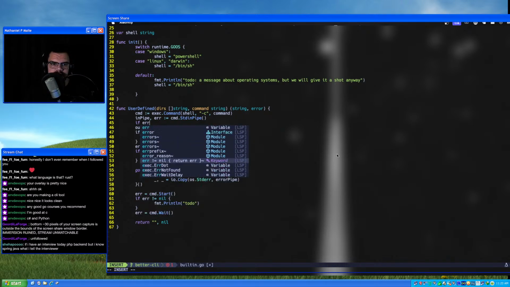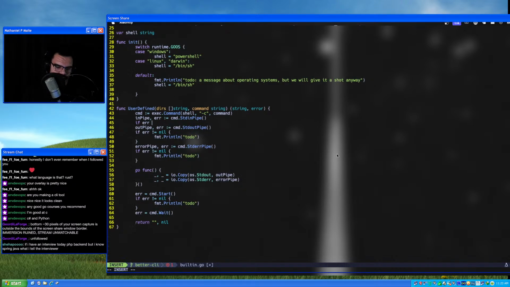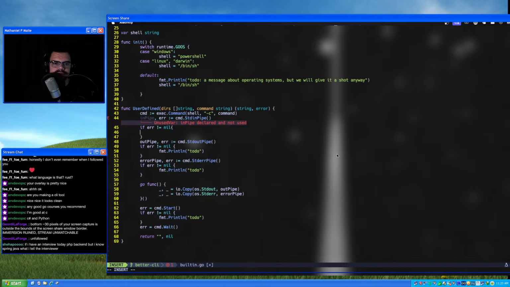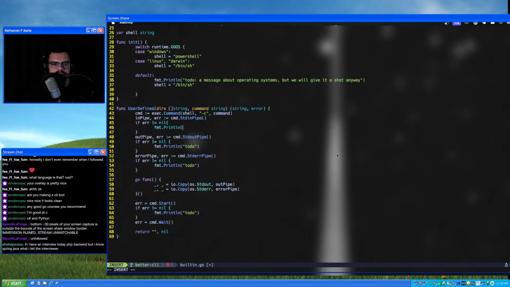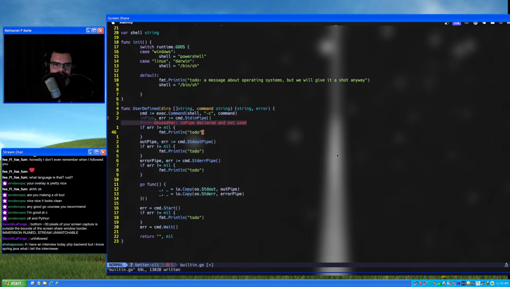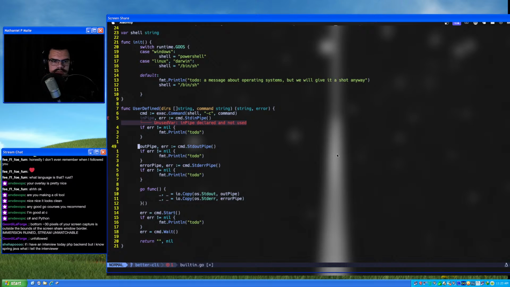So we'll say if err is not equal to nil, we'll print a TODO, and then what we'll do is we will copy everything into standard in.